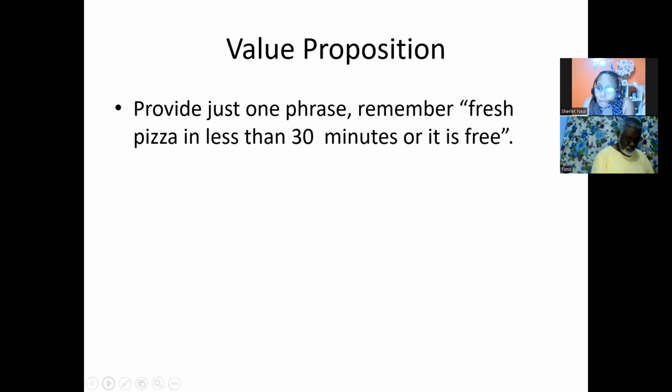Fresh, quick, and there's a guarantee that if it's not quick, it's going to be free. These are the values they're offering. But instead of just listing them like we've been doing, you make them into a statement. This is where you get creative with your product, right? Again, these are some of the things that I can assist you with in guiding you through the statement.